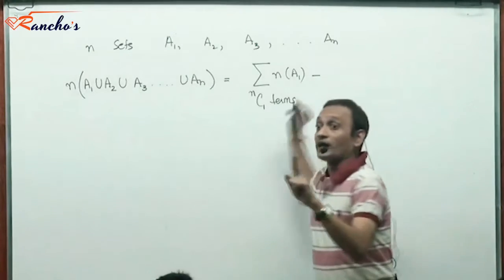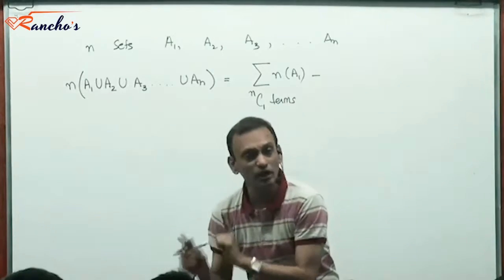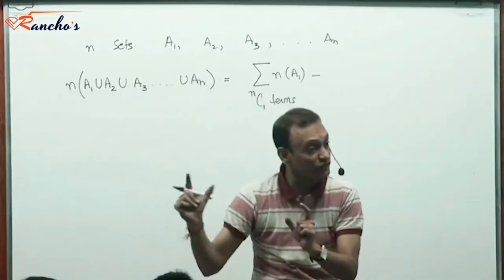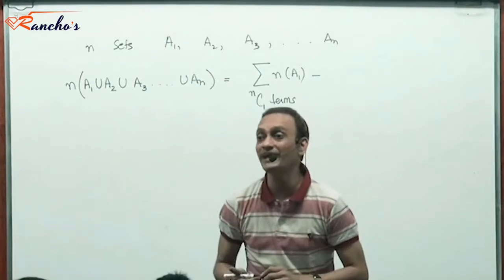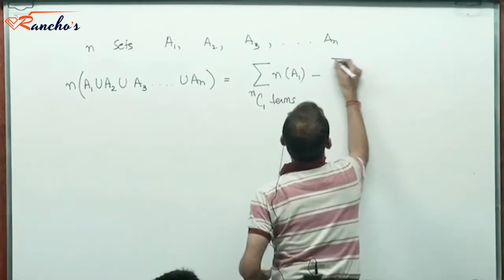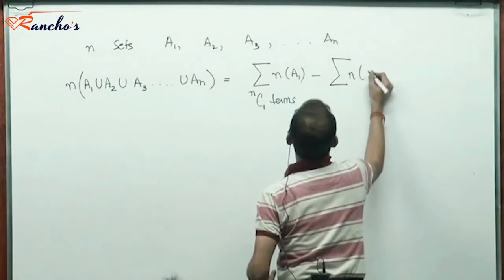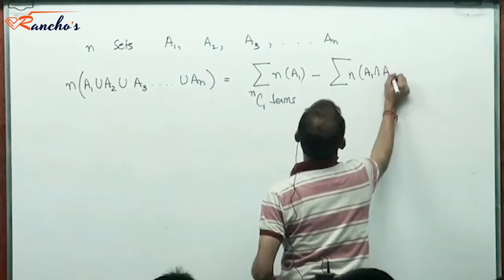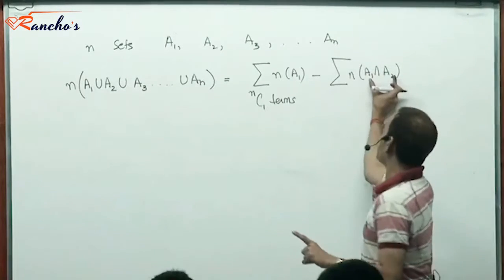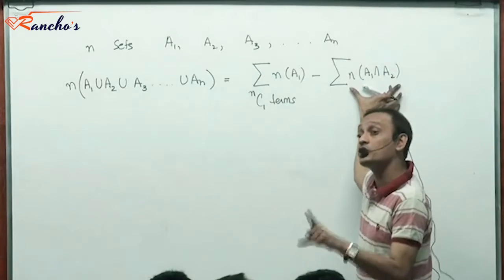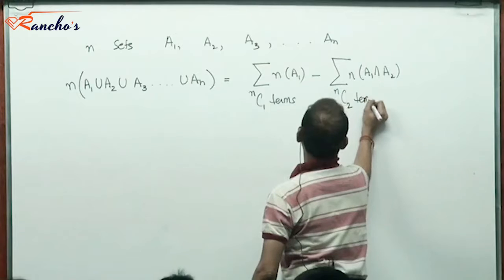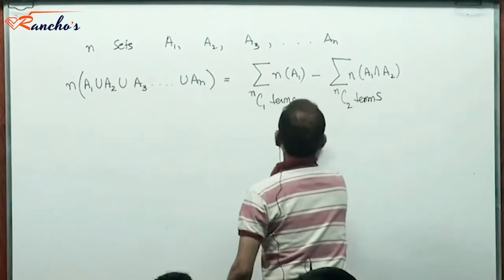Then I'll take a pair of terms at a time. Say A1, A2, A2, A3, A3, A1. Those kind of terms I'll take then. And how many such pairs can be there? NC2 pairs can be there, right? So the next summation would involve terms of the kind number of elements in A1 and A2, that means A1, A2, A2, A3, A3, A1. So if I have n sets and if I take 2 at a time, how many terms will be there in this summation? NC2 terms will be there in this summation. Right? Plus